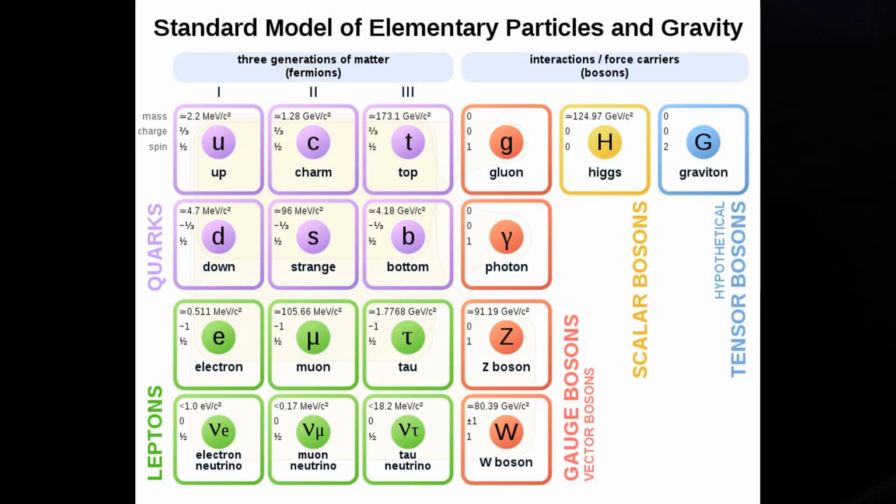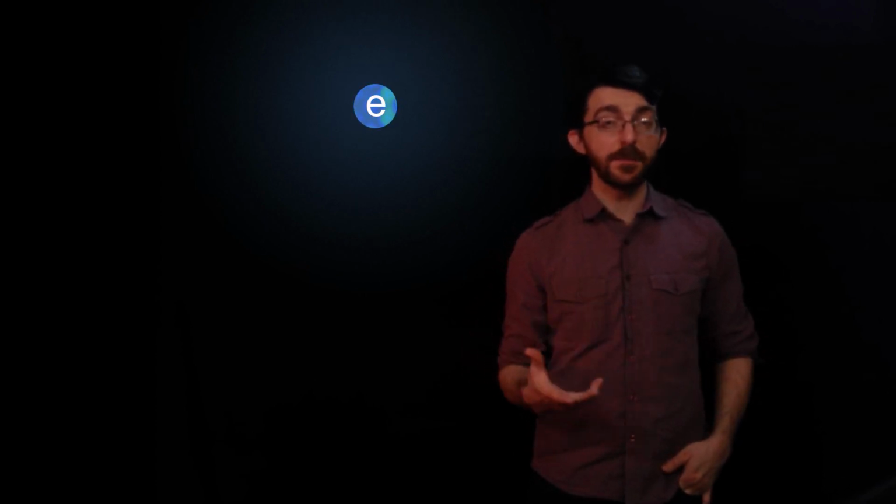Different kinds of particles interact with different kinds of energy. Now, we're talking about the electric field. In other words, the description of how much electrical energy is in every point in space. So we need to have a particle that has electrical energy, or at least interacts with electrical energy. I think an electron would be a good choice. So let's just stick an electron here, and then take a look at the level of electrical energy at every point in space around it. We're basically looking at the electric field of an electron.